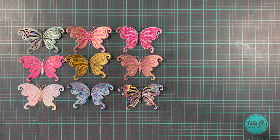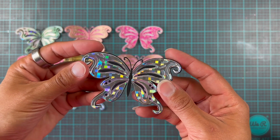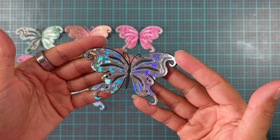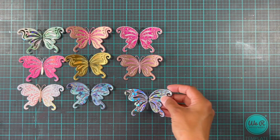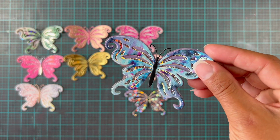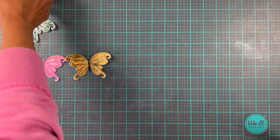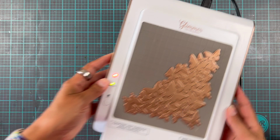So here are the 9 that I have 100% put together. I'm really happy with these. Look at that holographic bit there. Oh, it's just magic. And it makes me think of butterfly wings, because they're translucent and they catch the light, just beautiful. So, okay, we're going to put all of these aside, and then we're going to have more butterflies,